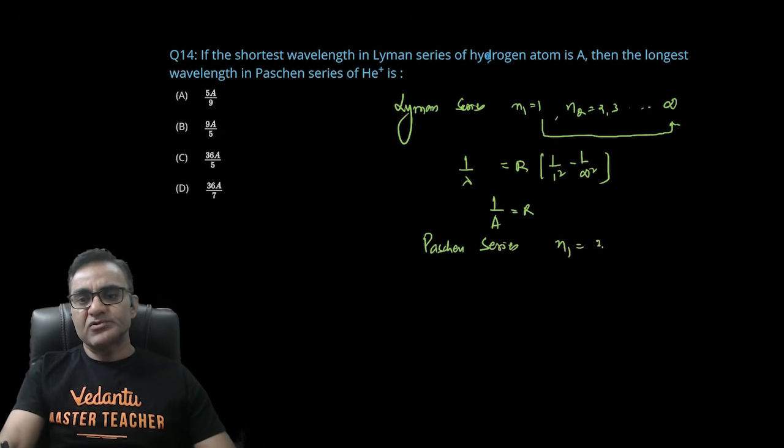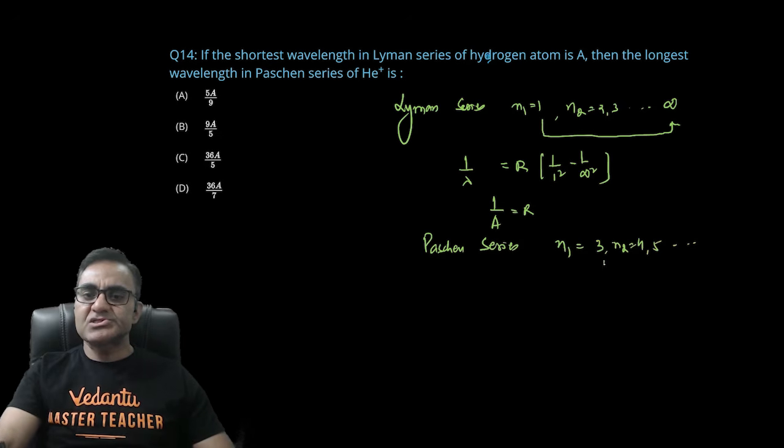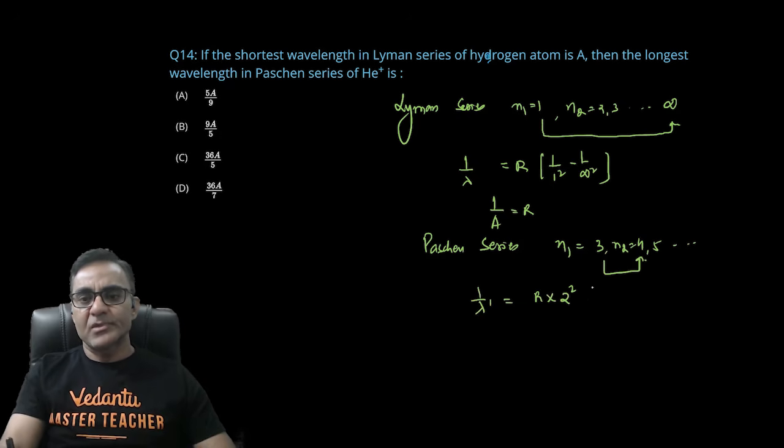N1 की वैल्यू हो गई 3 और N2 की वैल्यू हो जाएगी 4, 5 एच ऑन, और इन्होंने बोला है लॉन्गेस्ट वेवलेंथ के लिए एनर्जी डिफरेंस लीस्ट होना चाहिए, 3 to 4, तो 1 अपॉन लैम्डा डैश इज इक्वल टू R Z स्क्वायर, Z इस बार 2 होगा, हीलियम आयन है, 1 अपॉन 3 स्क्वायर माइनस 1 अपॉन 4 स्क्वायर। R का वैल्यू हम लोग निकाल चुके हैं 1 अपॉन A, इंटू 4, तो 16 माइनस 9 अपॉन 16 इंटू 9।